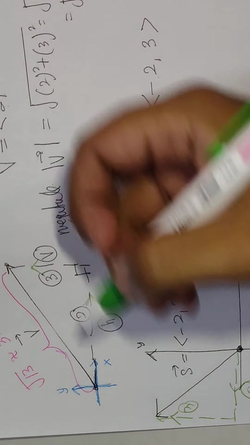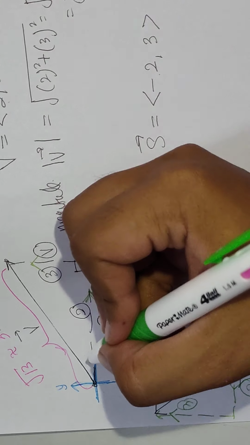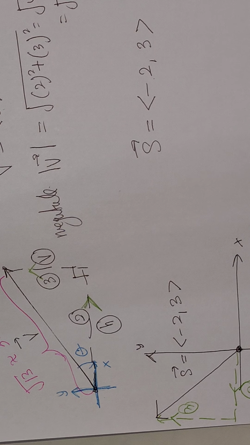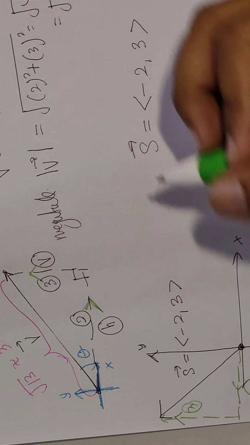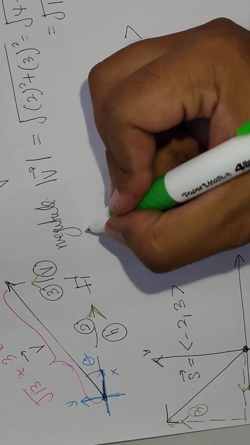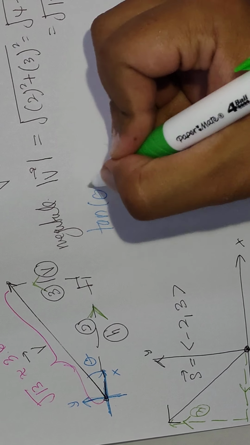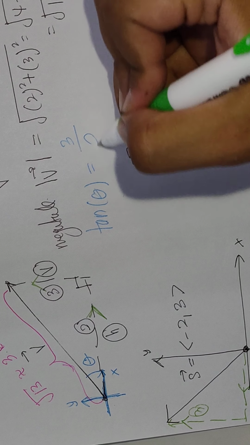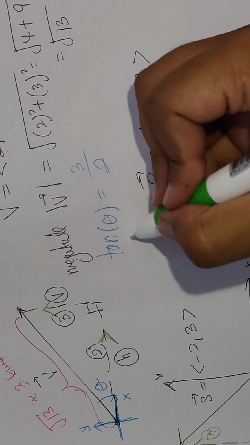Okay, direction of this vector is the angle of the vector to the positive x-axis, the theta. How do you want to find the theta? We can use the tangent, which is tangent theta is equal to bertentangan 3/2, where